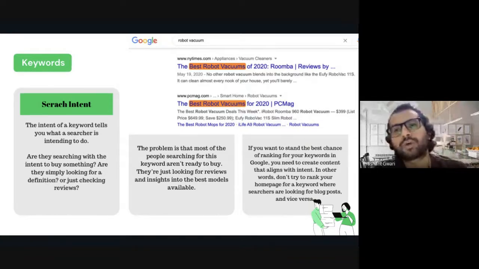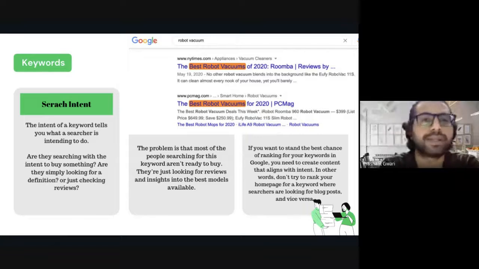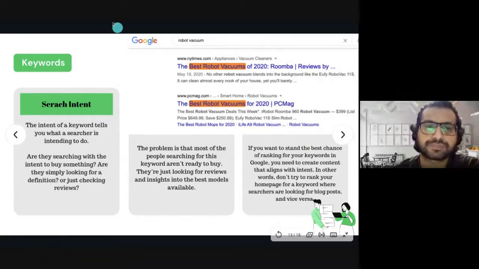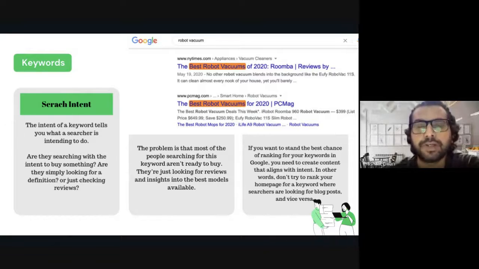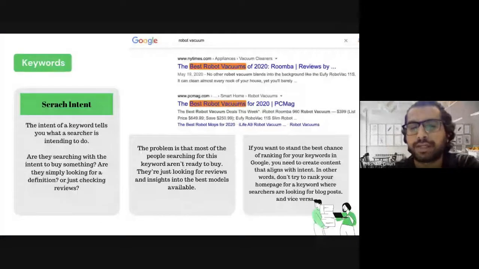So going for the right search intent will be really important for you when you are doing keyword research. The second part of keyword research we will discuss in our next session, after taking a break of 10 to 15 minutes. Before the break, if you have any question or doubt regarding this session, about keyword research or keyword importance or anything, you can ask.